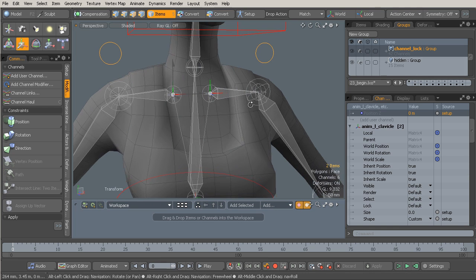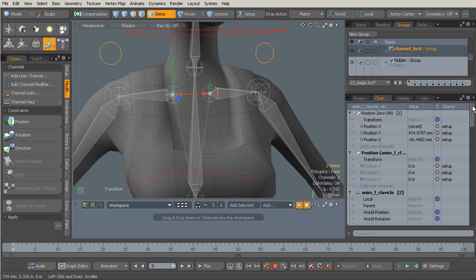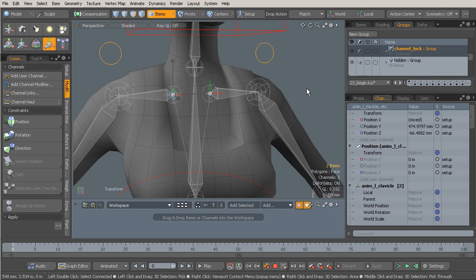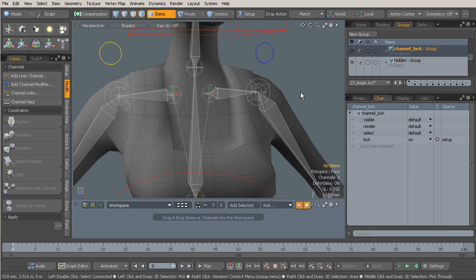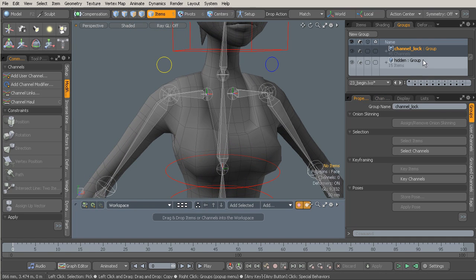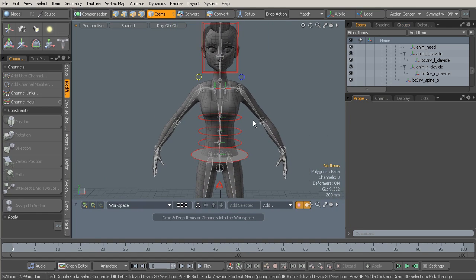Sweet. So scale is left. Let's go ahead and grab our scale manipulator with the R key. Notice our scale channels are highlighted. We can now right-click on our group and choose Add Channels. All right, awesome. So that finishes up our work for the clavicles. That didn't take much time at all. So once we're done here, we can then go ahead and start to work on rigging the arms with